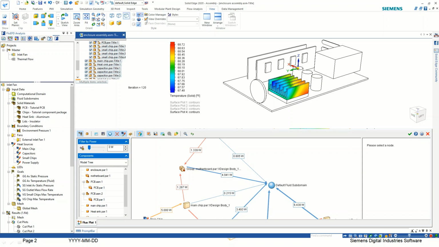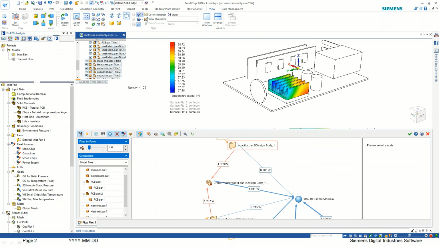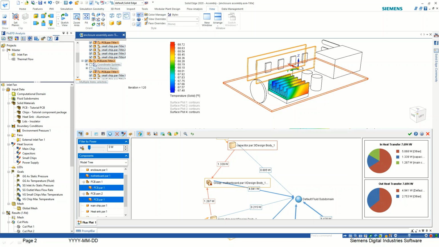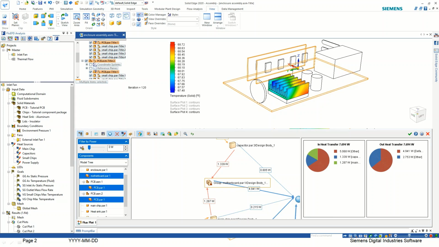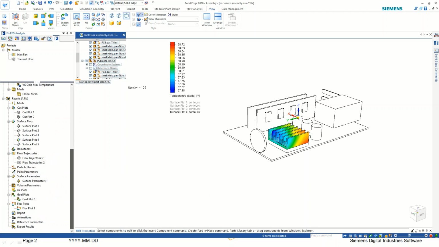Okay, so this is a better tool. Plus this capacitor is also heating this whole component by 1.339. So if you are getting some extra heat in the motherboard, sometimes you don't get the idea where this heat is coming from. So this is a better way to check it out, that if it is getting heated, what are the factors contributing to that. So that is a better way to find out, and with this visualization you will get the idea who is contributing at what percentage to heat up a body. So this is called flux plot. Okay,